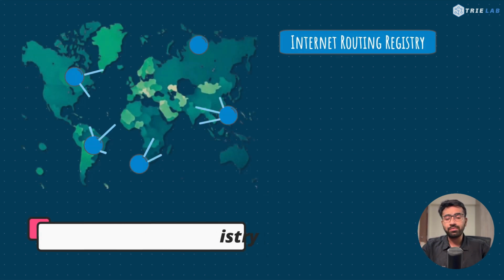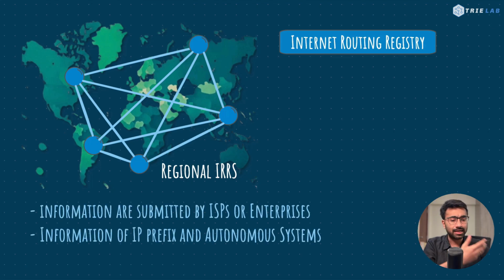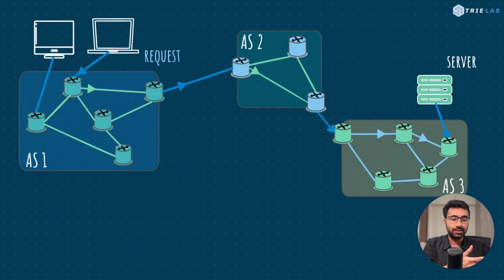Across the world, there are multiple regional internet routing registries which have information provided by ISPs and other enterprises, and have information of the IP addresses and autonomous systems. Now, this can actually help the autonomous systems or the routers in general decide on how to route the packets. You can also visit IRR.net to understand more about internet routing registries and packet forwarding in general. The clients can now send requests across autonomous systems to the server. We have discussed how autonomous systems share information across autonomous systems using Border Gateway Protocol.